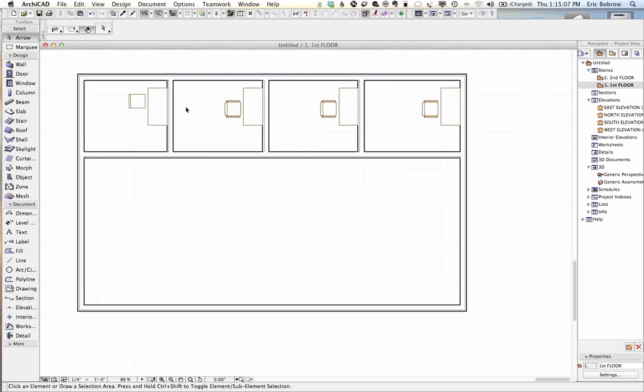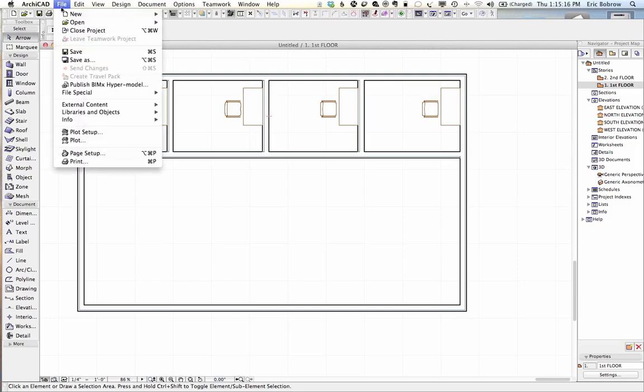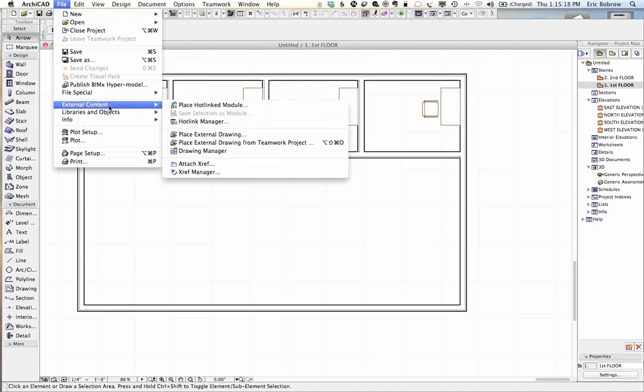In other words, while I change the external file for that, these elements have not been updated. To update them, there's a separate step. You go to the File menu, External Content. Now, nothing is selected, so Save Selection as Module is not available, but Hotlink Manager is the one we want